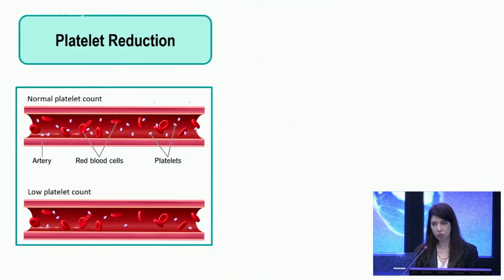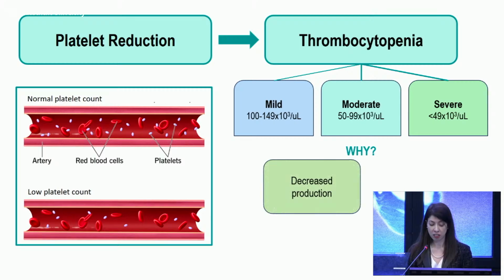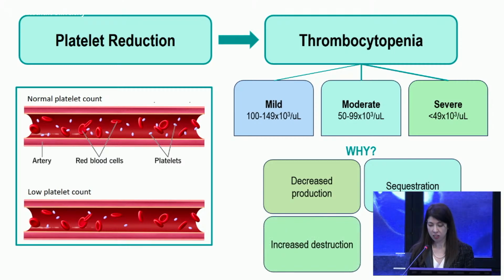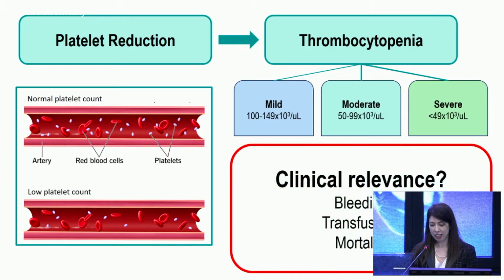When a platelet count reduces below 150,000 per microliter, we call the platelet reduction thrombocytopenia. We can further classify thrombocytopenia in mild, moderate, and severe according to the degree of platelet reduction. And we can trace back the causes of thrombocytopenia to decreased platelet production, higher platelet sequestration, increased destruction, or hemodilution. However, the real issue is the clinical impact of thrombocytopenia on a patient's